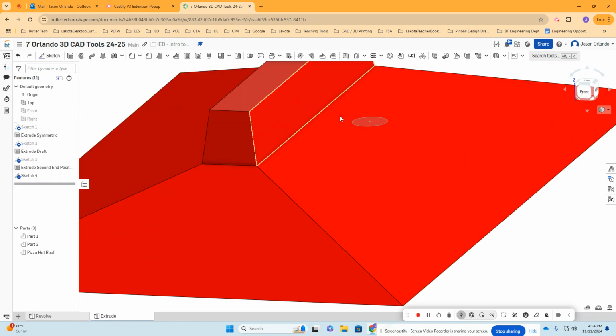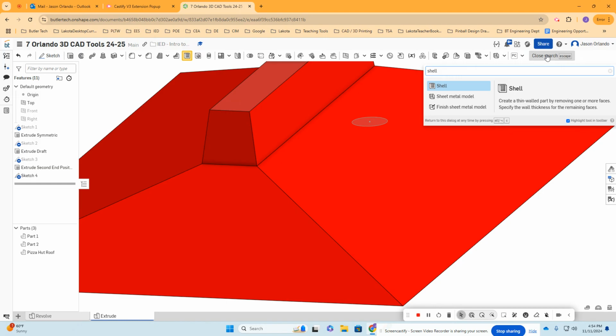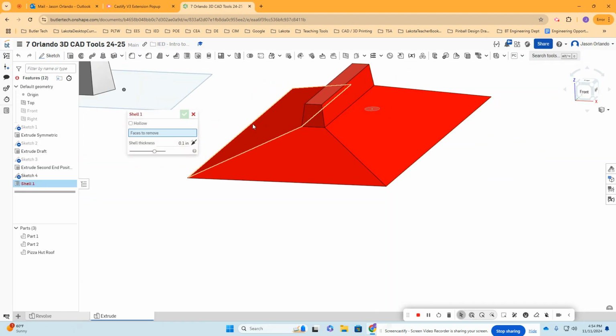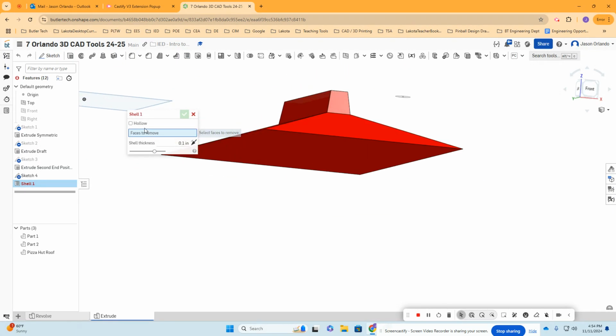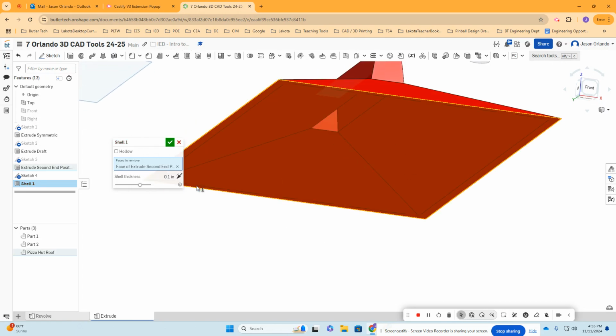Now, hang on just a second. I actually need to do something to make this illustrate more, and I did this in class. So I'm going to turn on a tool called Shell. You can search for it so you know what it looks like, Shell. I'm going to choose the Shell tool, okay? And the Shell tool opens up, and it says Faces to Remove. So I'm going to click on the bottom, and it's going to remove the bottom face, and it's going to remove that face and then scoop out material to leave behind a uniform thickness based on all of the other